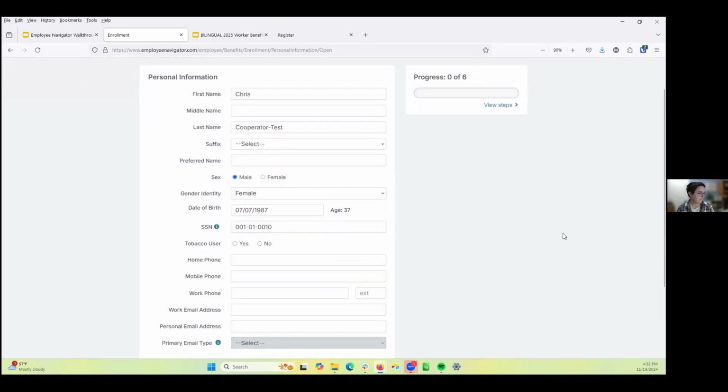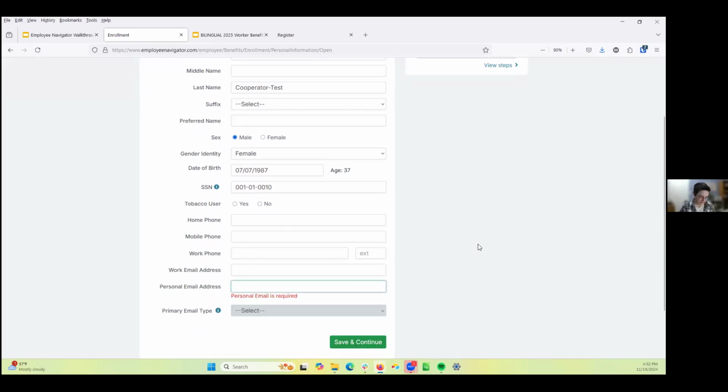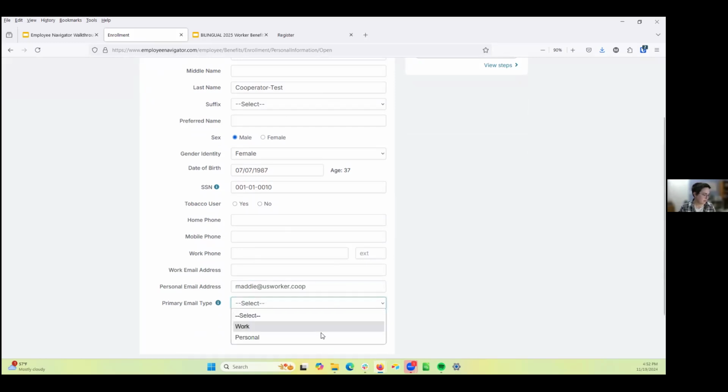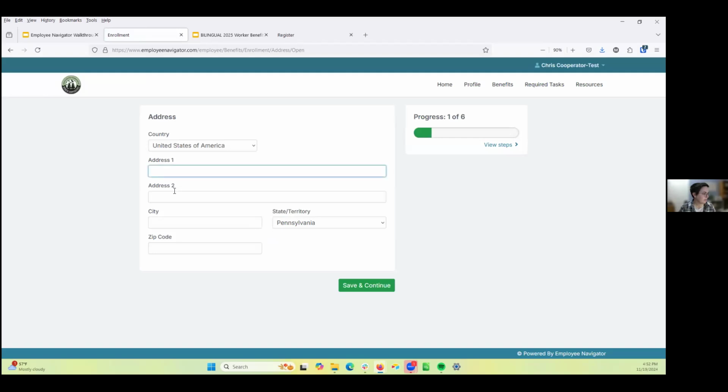So with this form, it's going to prompt just a couple of questions as required. Personal email is going to be required. So, actually, I'll just put my email in. And then we're going to create an address. It's not going to let me put in a fake address. So I'm going to put in the Federation's mailing address,